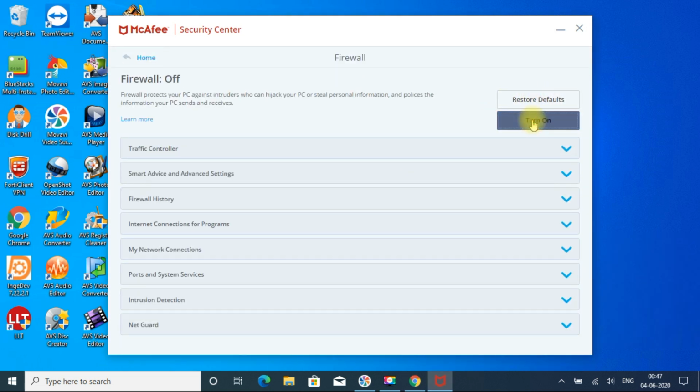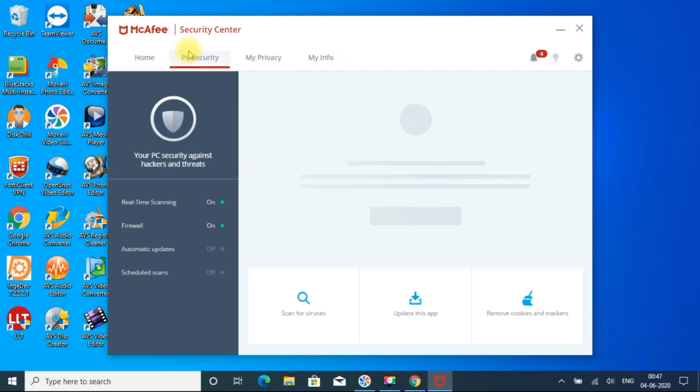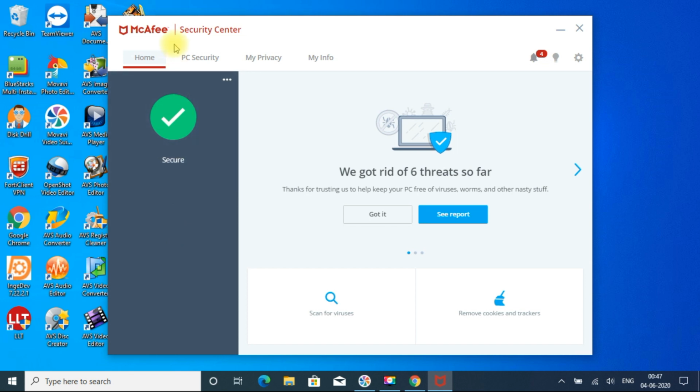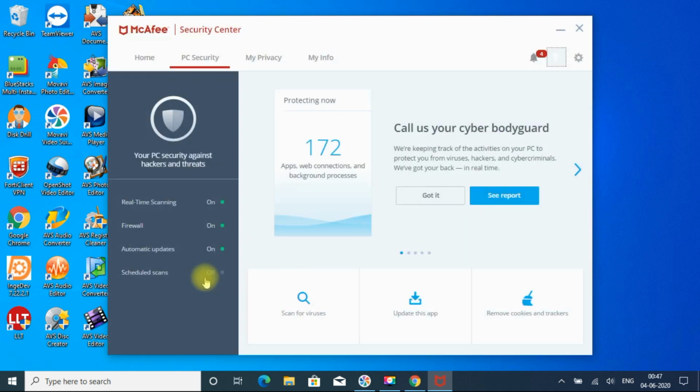You can turn it on. Then go to Home, PC Security, turn on updates, and in PC Security, if you want Scheduled Scan, you can switch that on.